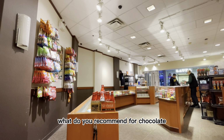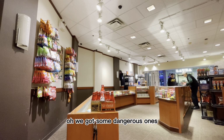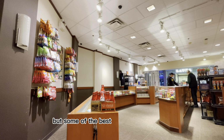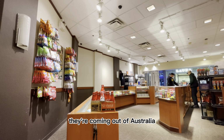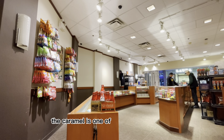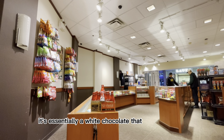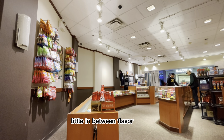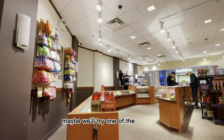What do you recommend for chocolate? Oh, we got some dangerous ones. So all of these Cadburys, they're unfortunately a little up there in price, but some of the best quality I've ever tried. They're coming out of Australia. The Caramel's one of my personal favorites. We do have it in the large bar and the smaller one. It's essentially a white chocolate that they've cooked to the point of caramelization. So it doesn't necessarily taste like white chocolate nor caramel. It's got this whole own little in-between flavor profile. Super, super delicious. Hey, maybe I'll try one of the caramels and then one of